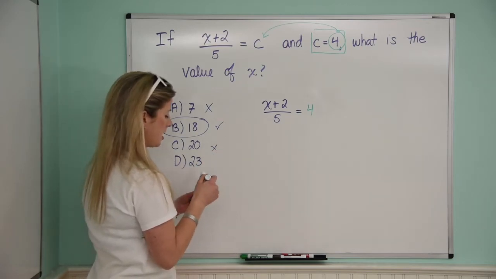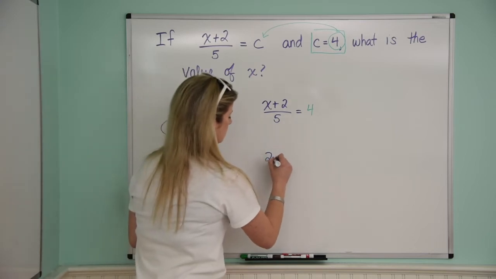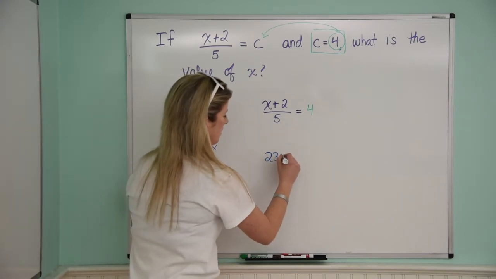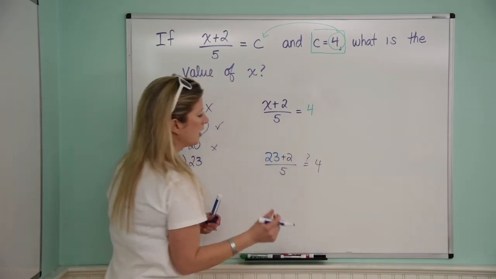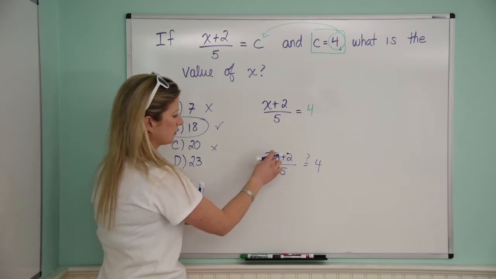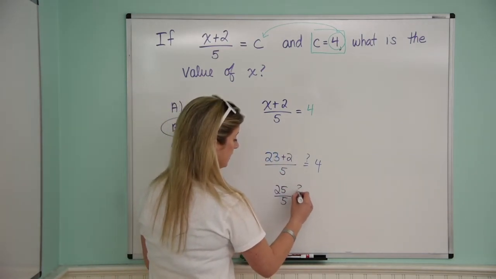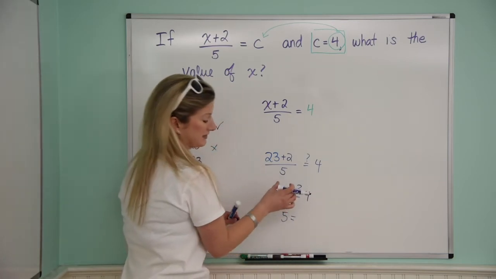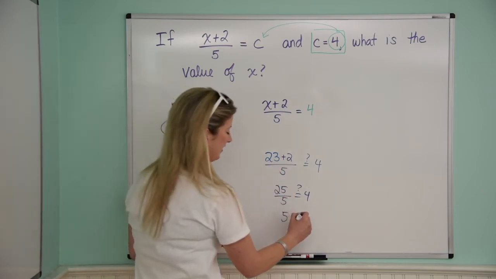So now let's try 23, plugging it in for x. So again, let's see, does this one work? So we do 23, okay, plus 2 divided by 5. We want to know, does that equal 4? 23 plus 2 is 25. We divide that by 5. Does that equal 4? 25 divided by 5 is 5, right? Okay, so, or you could say, like I said before, 25 divided by 5 is not 4, and 5 does